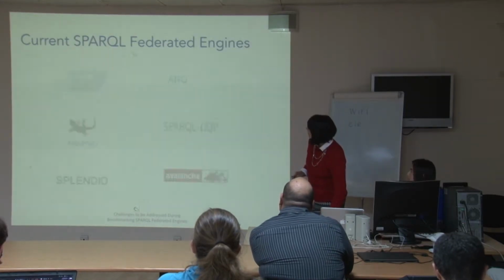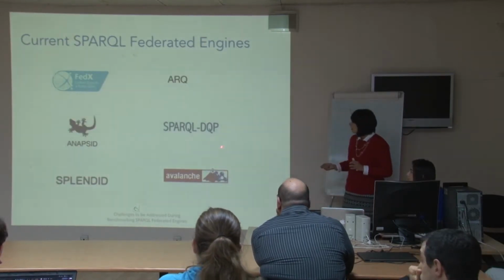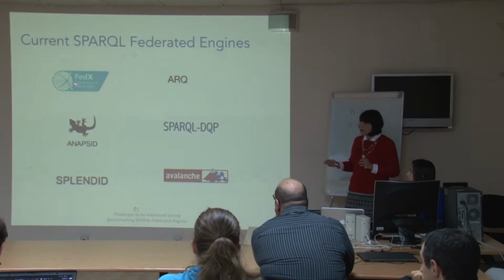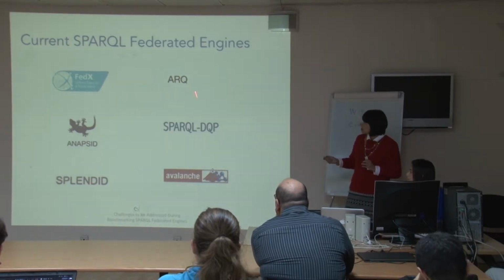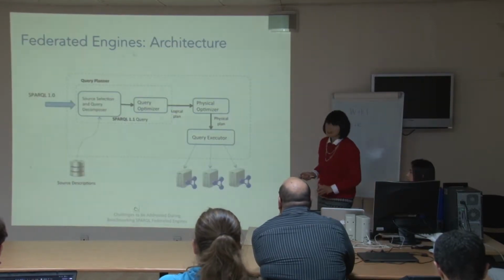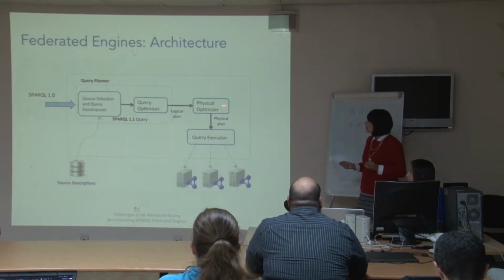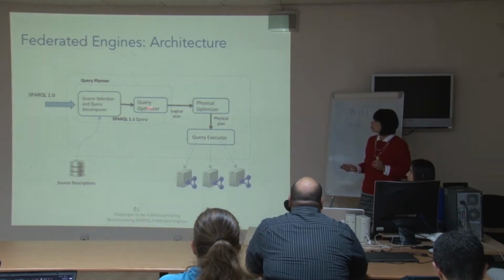So which are the existing SPARQL federated query engines? Well, we have FedX, ANAPSID, SPLENDID, Avalanche, RQ, and SPARQL-DQP. So what is the architecture? The architecture is a typical architecture of a query engine, but we have a source selection and a query decomposition